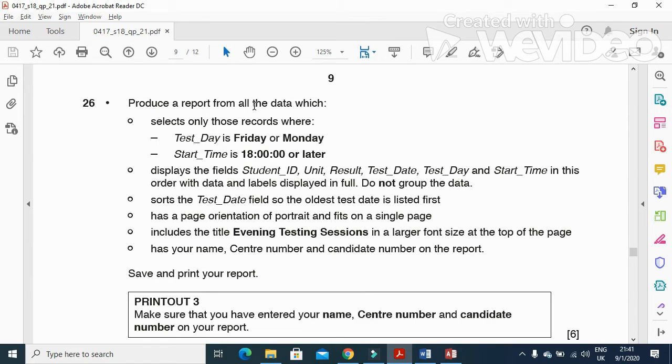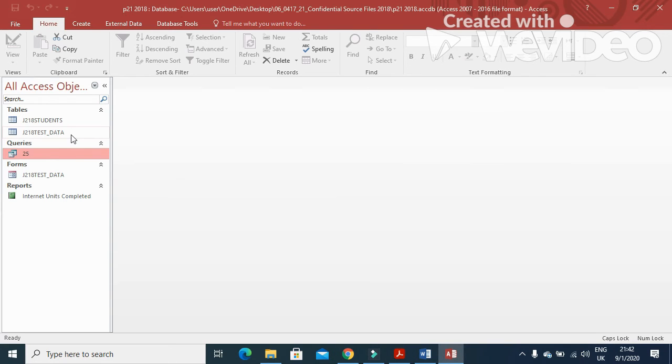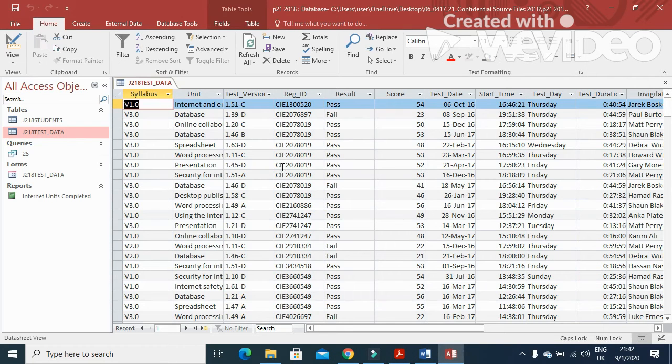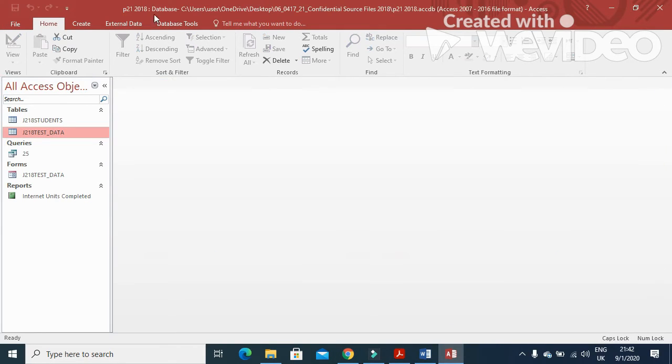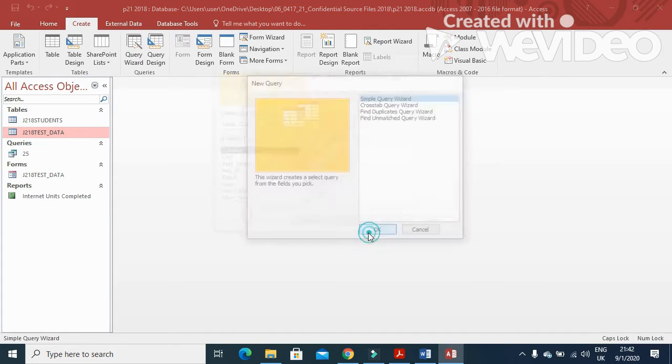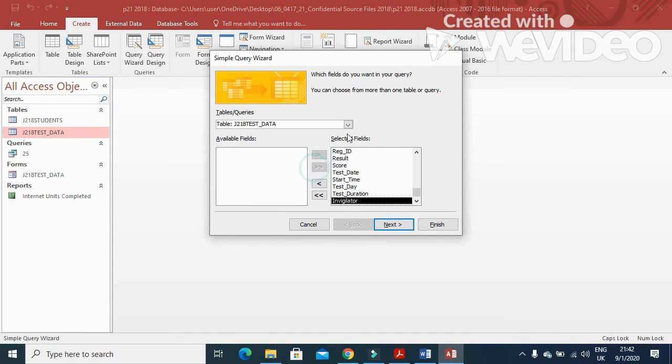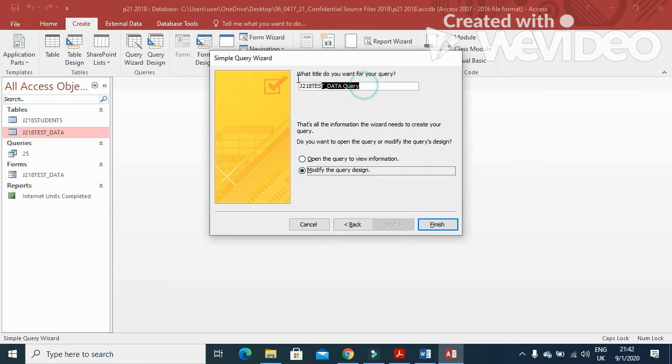Now we need to select all the data from only those records where test day is Friday or Monday and start time is this one or later. So what we need to check is if this data is taken from any other table or just a single table. We click on test data, unit is here, student ID is not included, so it means from both the tables you need to create one more query. Yeah, from student table, and then test data, modify,